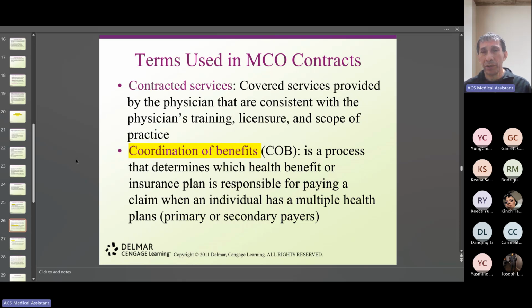If you have more than one insurance, then you need to know which one is the primary, the secondary, the tertiary, whatever else you have. And you have to file the claims correctly, appropriately. Remember, if you make a mistake and put the secondary where the primary insurance should be, your claim is going to be denied. Or rather, it's going to be rejected because it's going to be sent for correction.